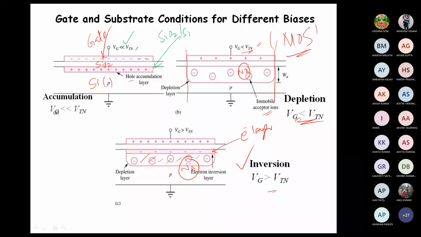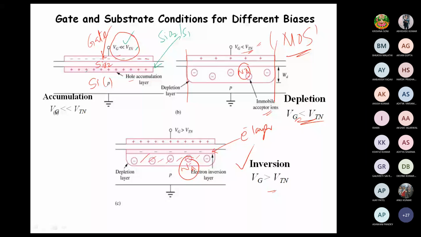In the beginning, when Vg is very much less than threshold voltage, that is Vg is negative maybe,